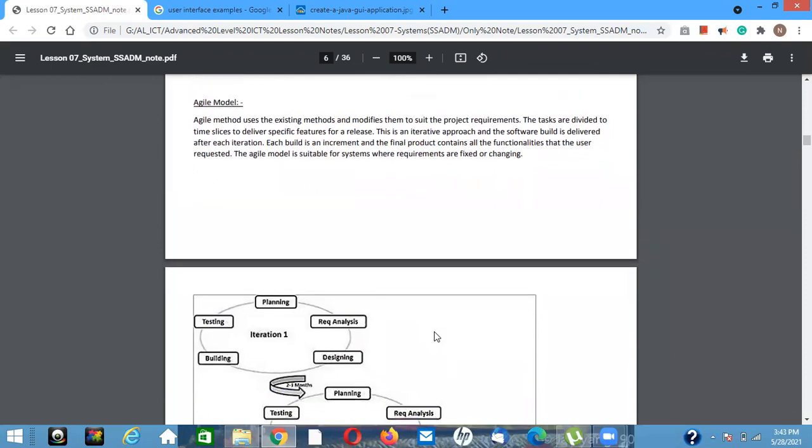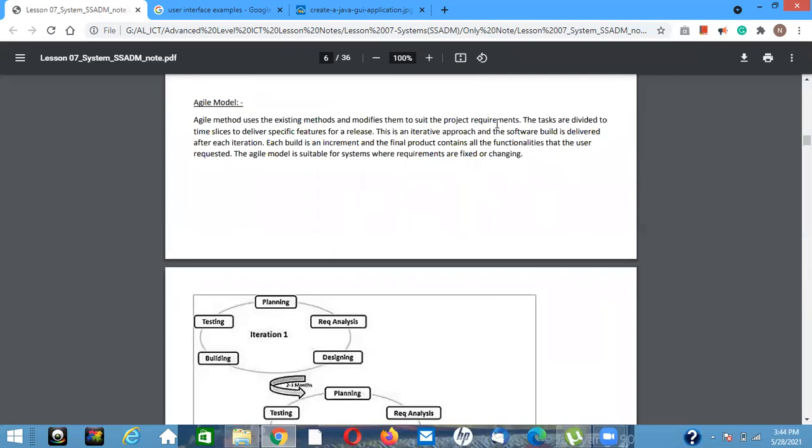And the agile model is a new model. The agile method uses the existing methods and modifies them to suit the project requirements. So it is using some existing models, and it is modifying the existing model in order to suit the current project.